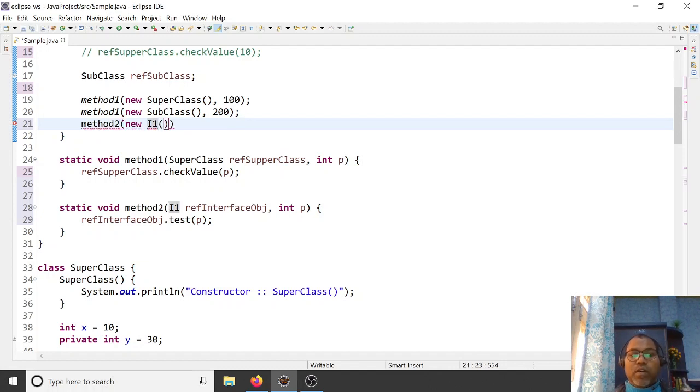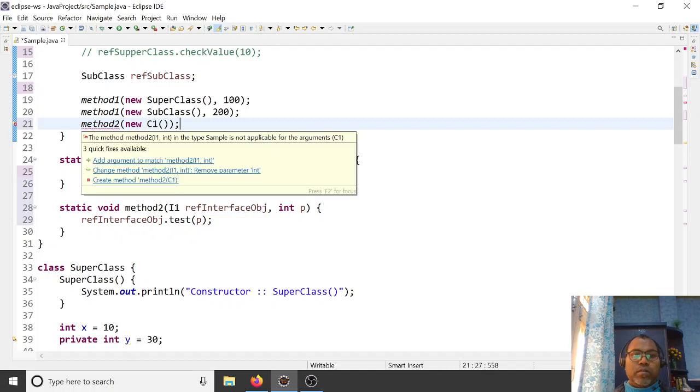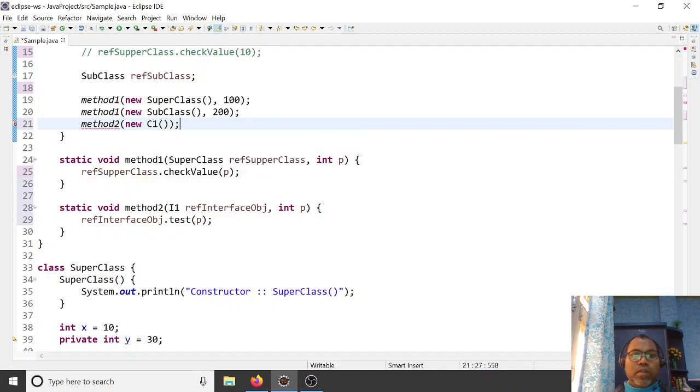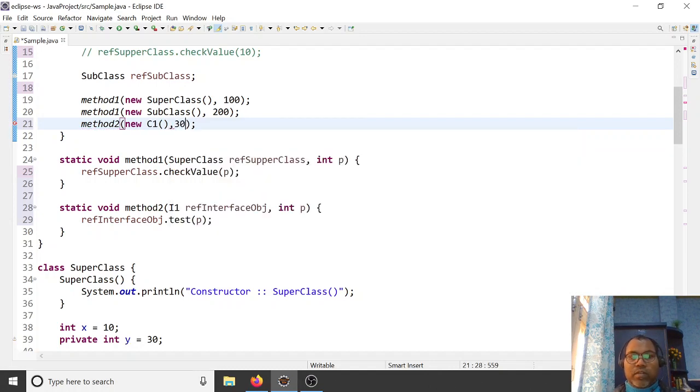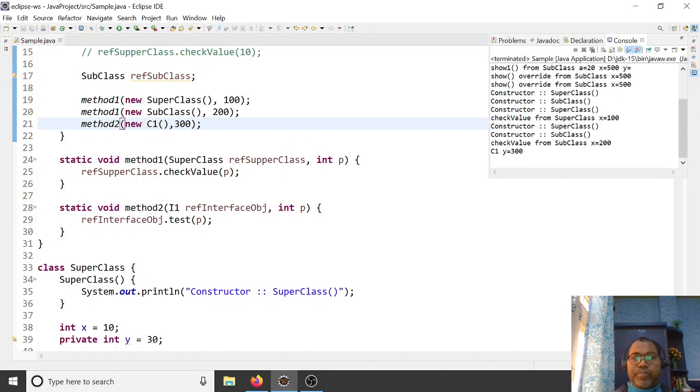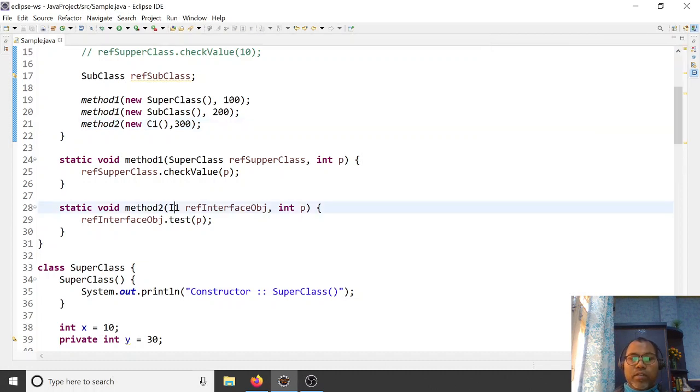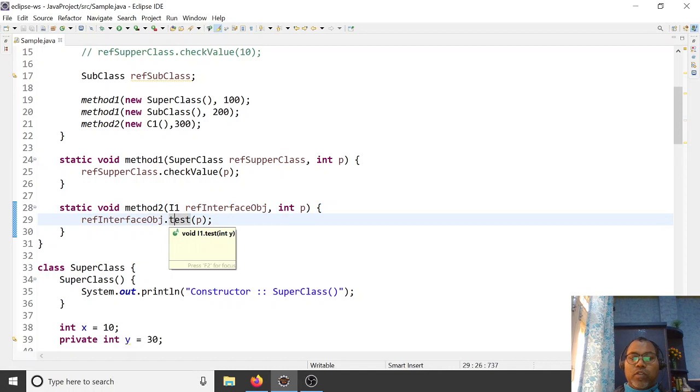So here you can pass any implementation of I1, which has been implemented by c1, so you can pass c1, and your argument 300, and if you run it, so here c1 is invoked.